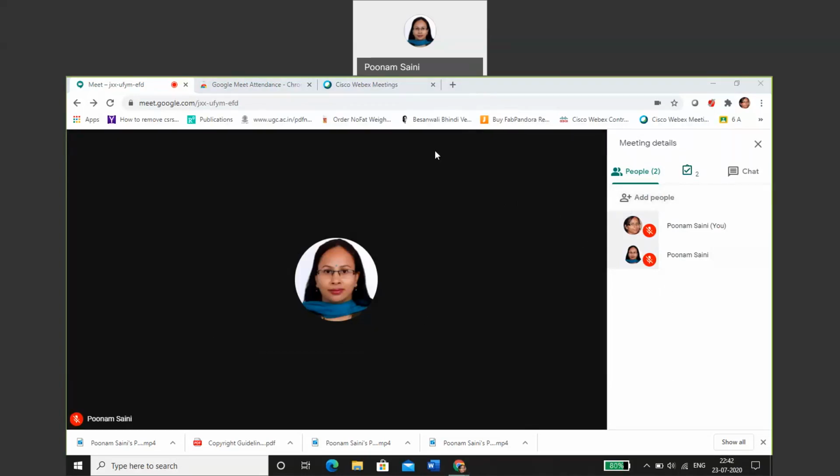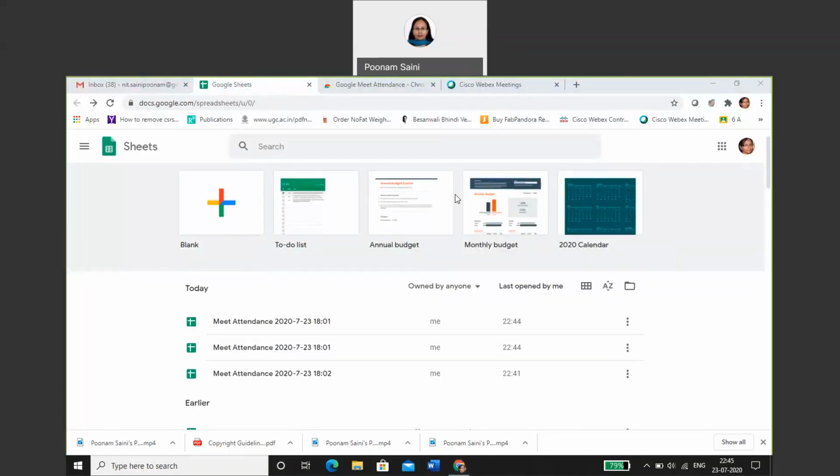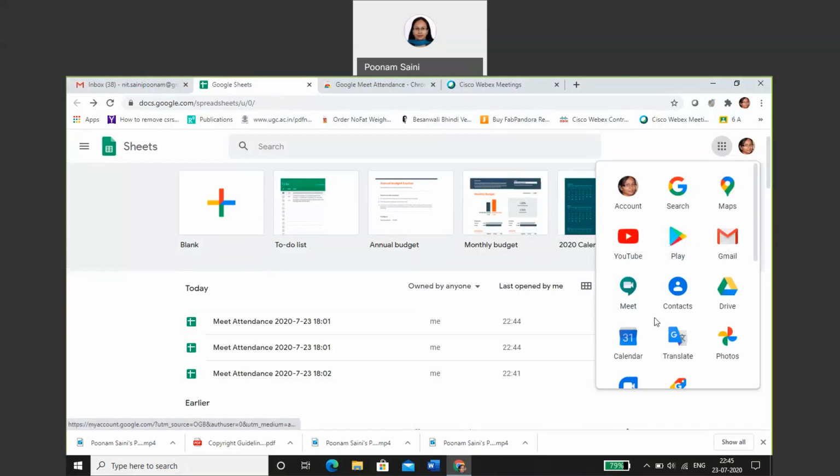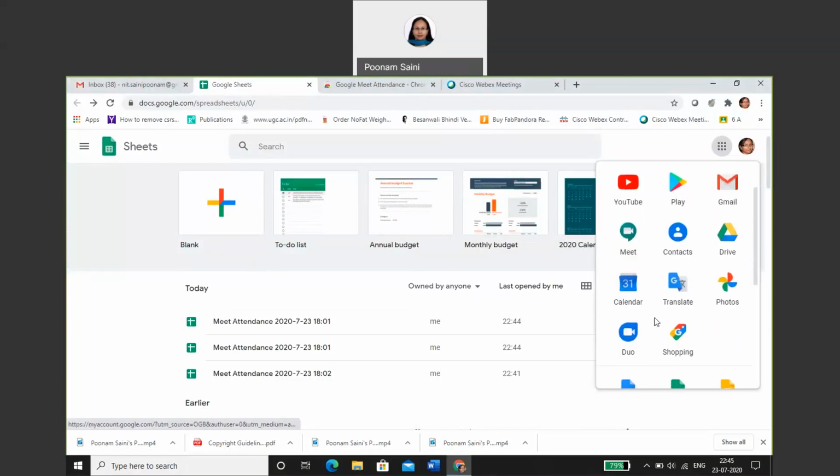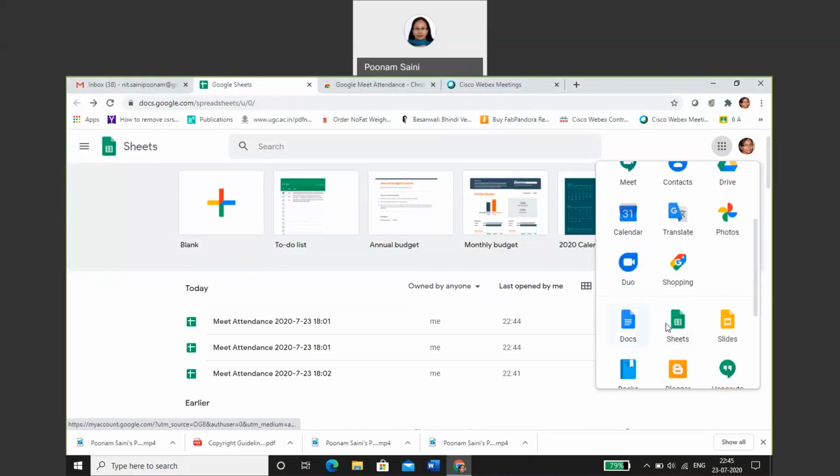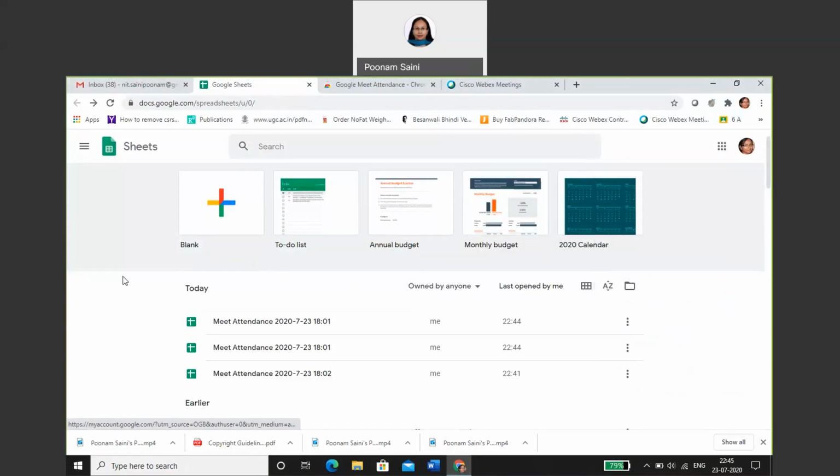So let us log out and see how we are going to visualize this attendance through the extension we have downloaded. Once we are done with this synchronous session, we can end the meeting. After we end the meeting, we can go to the spreadsheet options, which are available in your logged in account. So you can go to the spreadsheet, these are the Google Sheets which are available. When you click upon these sheets, you will get this window where you can see your Meet attendance has been recorded for the synchronous sessions.